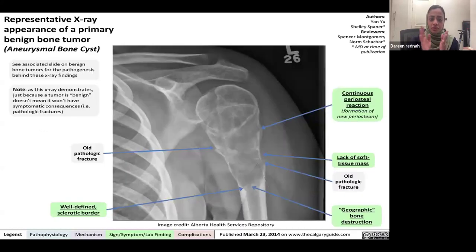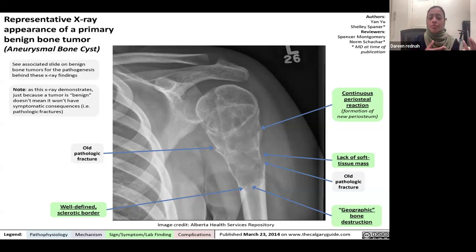In oncology, for example, we have this. This is a pathological fracture, with well-defined sclerotic borders and geographic bone destruction. There is no soft tissue mass. There is a periosteal reaction forming new periosteum which looks benign, not a Codman triangle, which may indicate aggressive features. All this suggests benign features. Differential diagnosis is 1, 2, 3, 4. It's systematic in oncology. You have to mention 7 things in images when it comes to oncology.